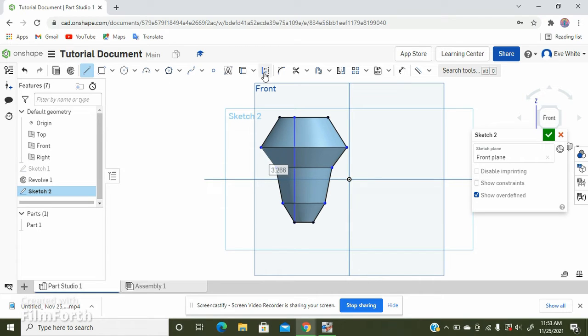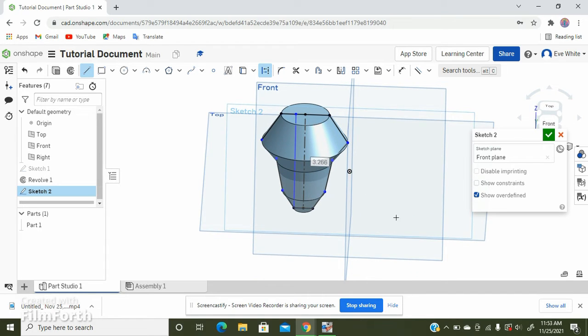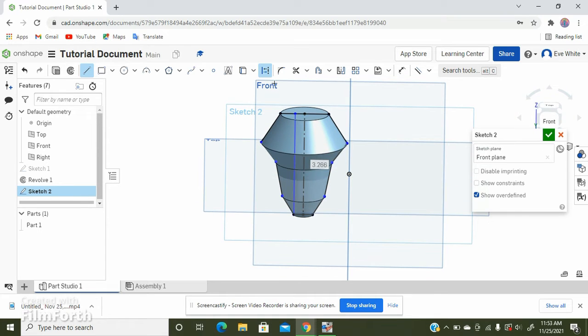Now, I need a revolve axis for when I do make my revolution. So I'm going to make that down the middle because I want it to go evenly around this object. And actually, there's no way to really select this face later on unless I actually hit sketch 2, and that is going to select all the faces. So what I need to do is actually make that,